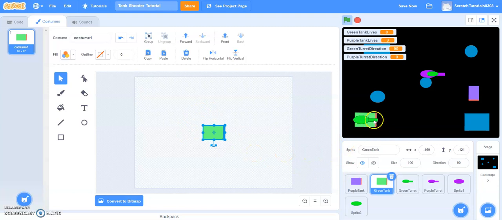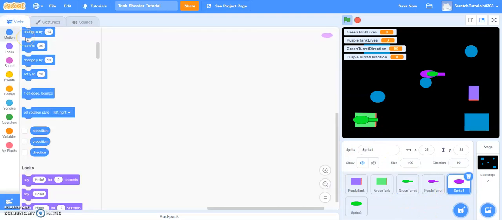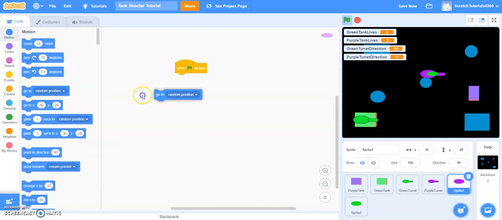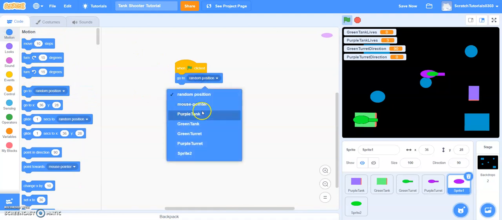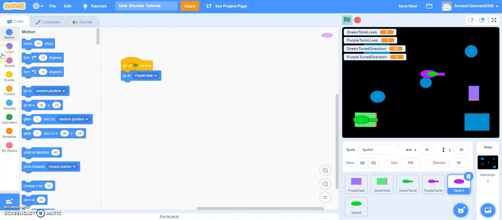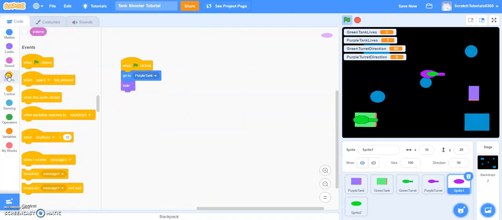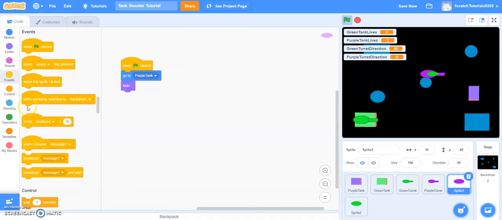Since it doesn't look that great, we'll fix the positioning later. Let me just code the bullets now. So when flag clicked, we want it to go to the purple tank and hide. Oops, hide. When we click